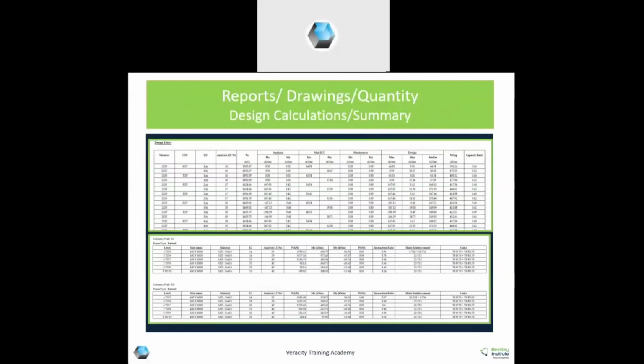Again, design calculations. If you want detailed calculation like analysis results, then moments due to minimum eccentricity, moment due to slenderness, if any, and the final design moments and capacity of the section, everything can be taken in your output file. Also, the summary of the output is present, which you can easily take the printouts.